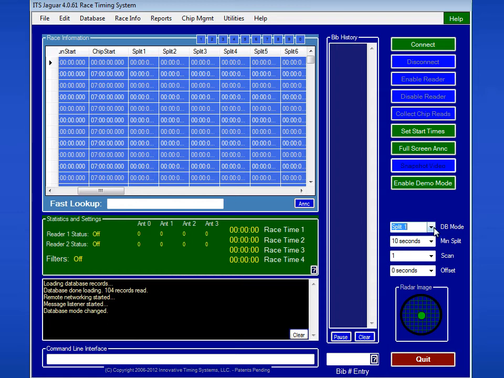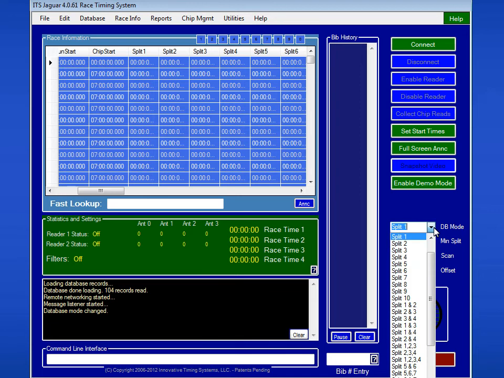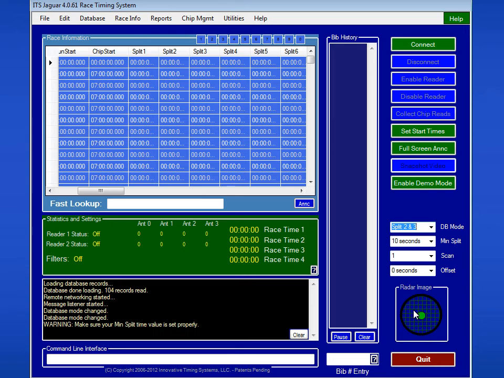Let's use another example. Perhaps it's a triathlon and they're going to go out on a bike from transition and they're going to come back. Pretty good chance that that's going to be split 2 and split 3. So in Jaguar there's a feature where you can say this is going to be my split 2 and 3, meaning they're going to go out on the bike and they're going to come back. So what happens is when they leave transition, we're going to record the read when they go by right here in the split 2 column. When they come back on the bike after they've done the ride, we're going to record that read in the split 3 column. So Jaguar is essentially going to automatically handle the placement of the chip reads in the correct